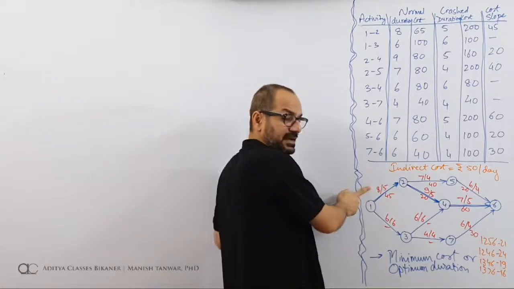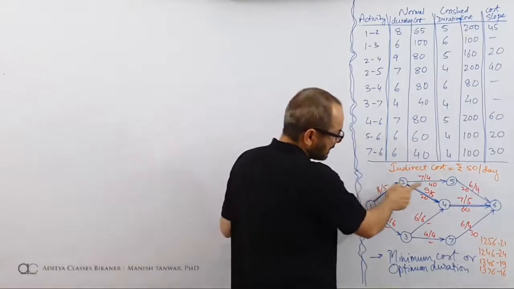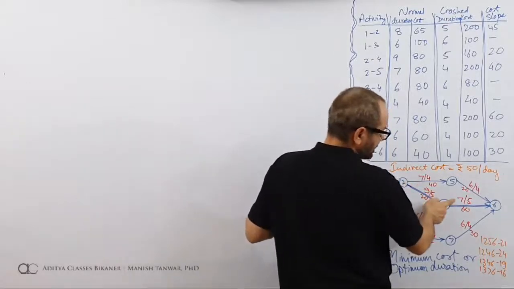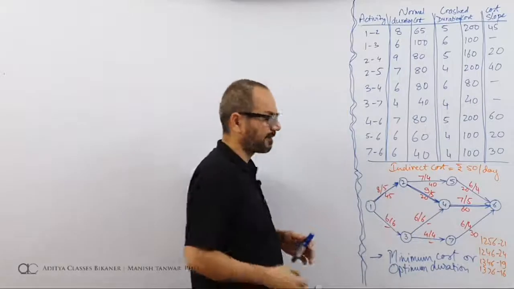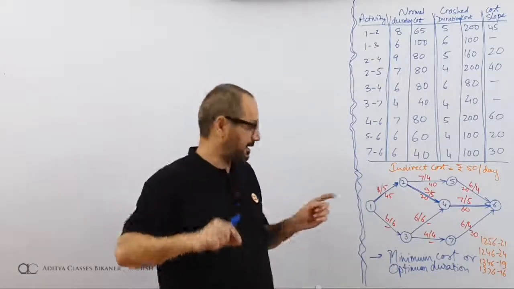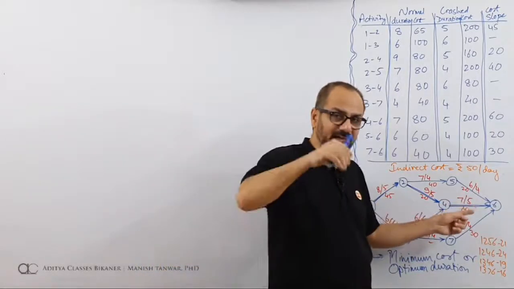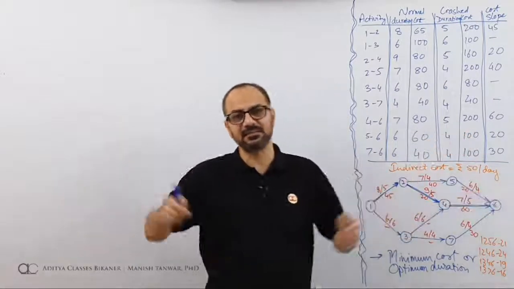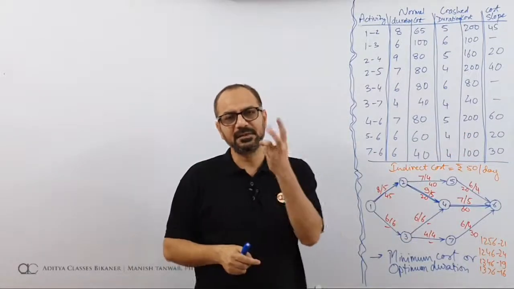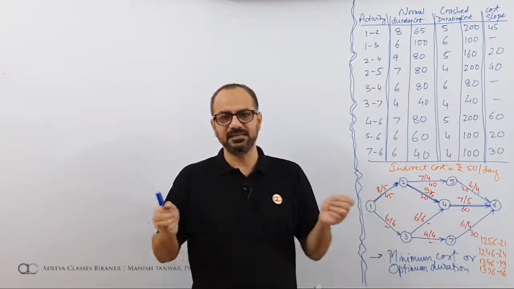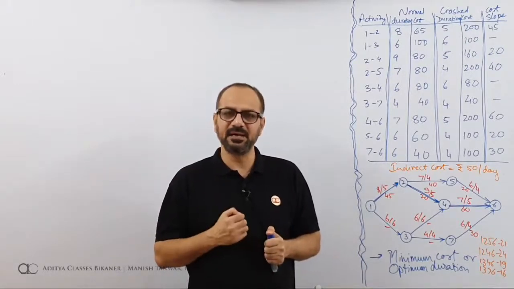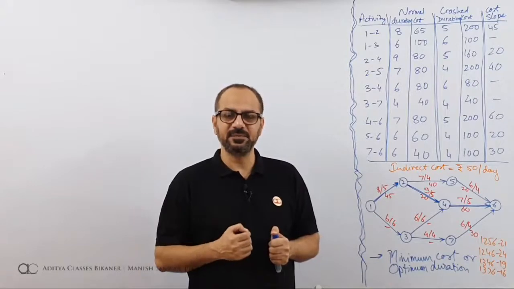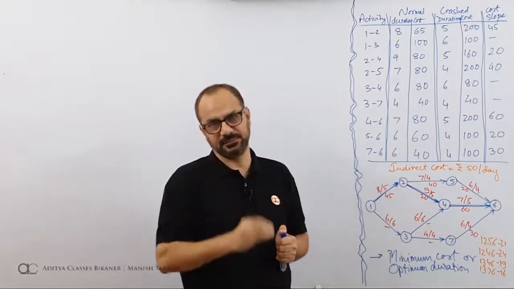We can crash this activity alone by 3 days. We can crash this activity by 4 days. We can crash this activity by 2 days. So 3 and 4, 7 and 2, 9. This particular path, that is 1246, which is the critical path right now, can be crashed by 9 days. I only need 3 days. From these 9 days, I'll be selecting my 3 days. Which will be my 3 days? My 3 days will be such which will cost me least.